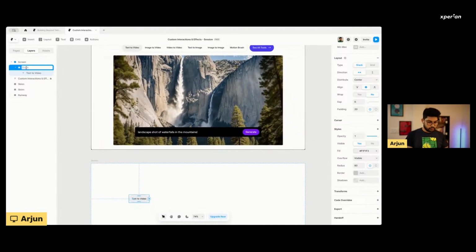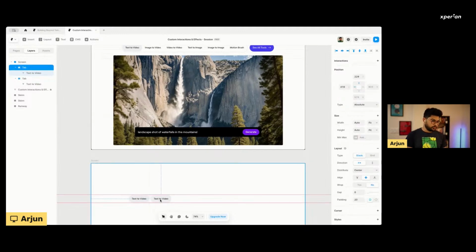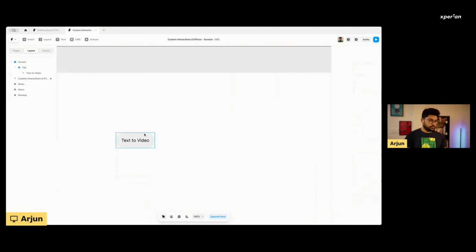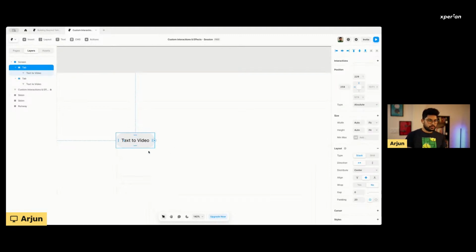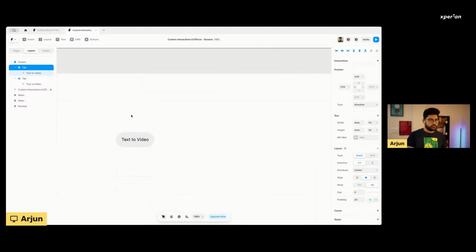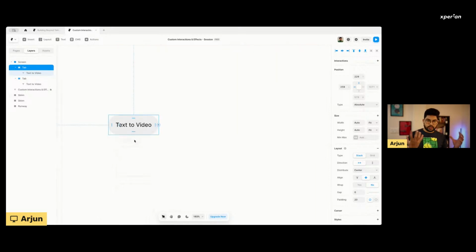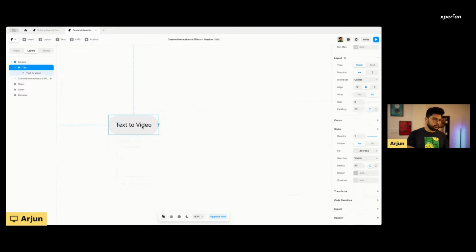We will just name this tab, and we'll continue to put these tabs in line. I can hold Option to duplicate, or like how we have seen in the previous live stream, we can copy and paste as well. But copying and pasting, if it's not a frame on a top level, if you're working inside a top level frame, you will see that it pastes right on top, so it can get difficult to pull it out. A much better way is using the Option key on your keyboard, or the Alt key if you're on Windows. You can click and drag,